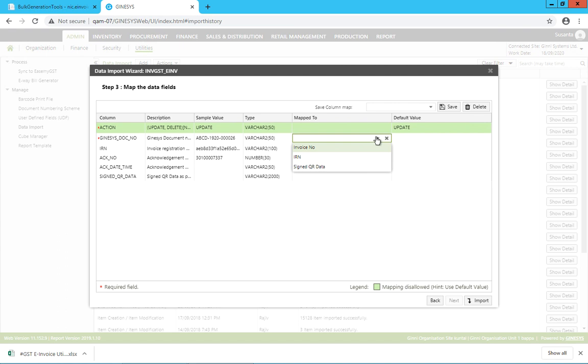So here you need to map the Excel columns with that of Genesis required columns. So in Genesis stock number, you need to specify the invoice number, which is mandatory, and the IRN. Also, if you have the QR code data, you can select the QR code data column here. You can save the mapping here.